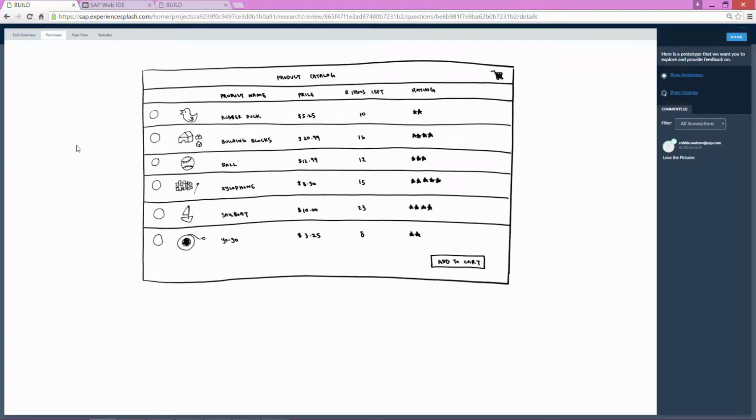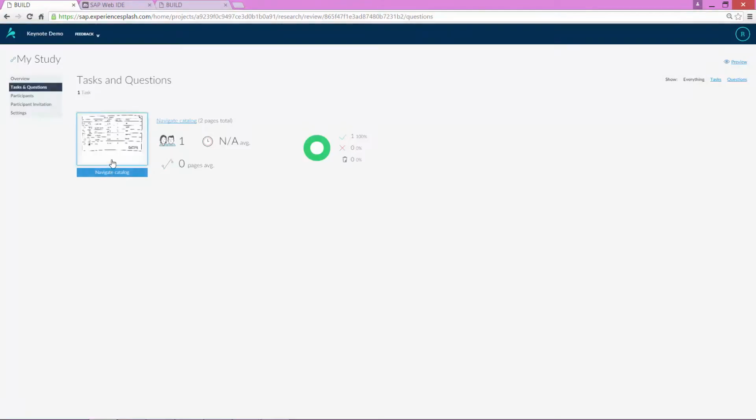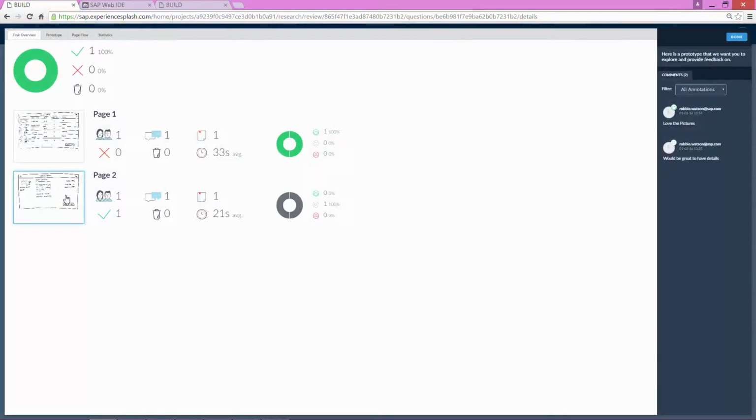But if I drill into the screen, I can show the annotations and see which ones they relate to, exactly where they relate to on the screen. So I love the pictures here. If I navigate into the second screen,